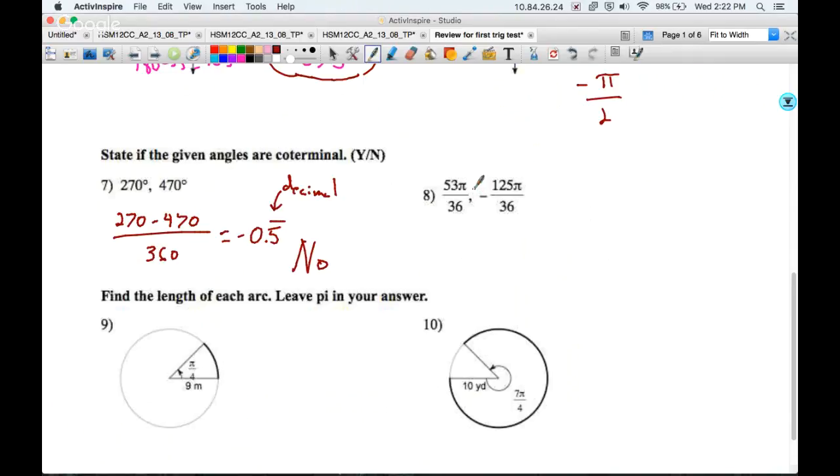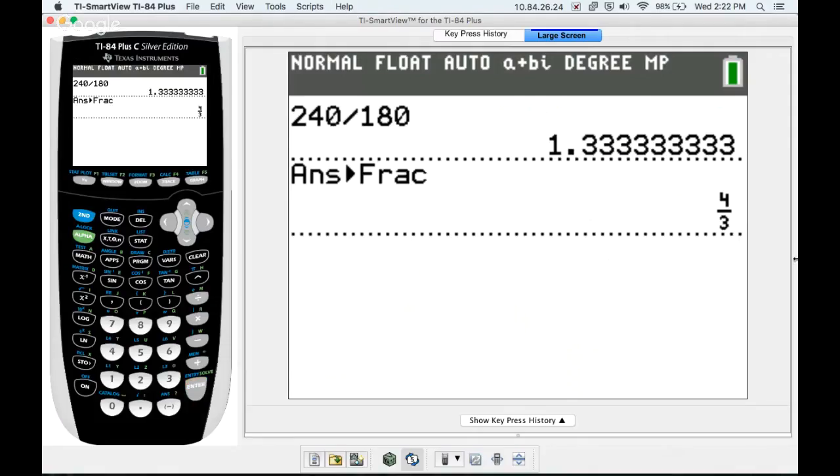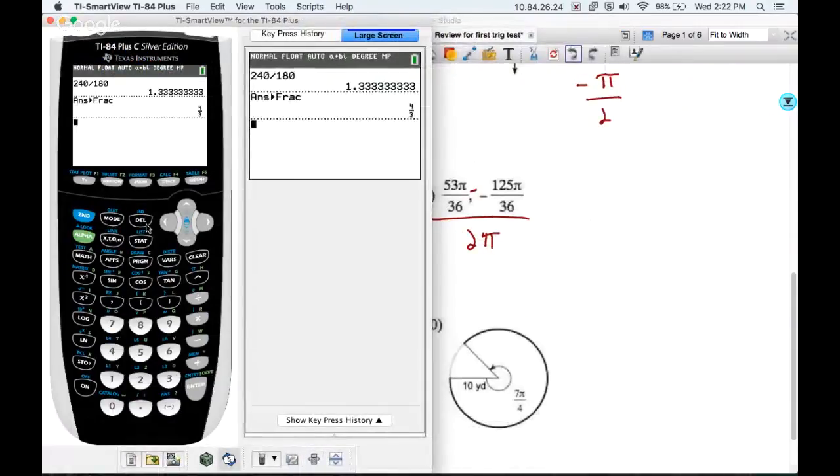Let's do the same over here. I'm not even going to rewrite them because they're kind of long. I'm just going to put a minus in between and divide them by 2 pi. Let's show that one with the on-screen calculator. Try and see the whole problem here. Okay. And if I use my parentheses right, I can put this whole thing in one line. So pi over 36, close parentheses there,